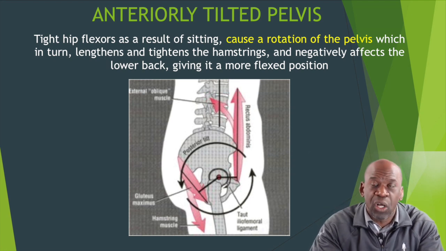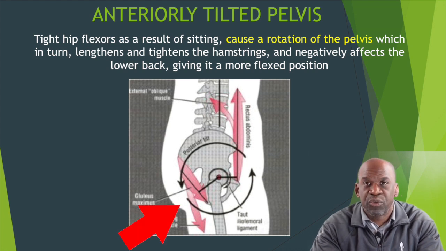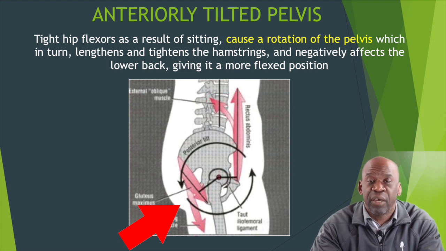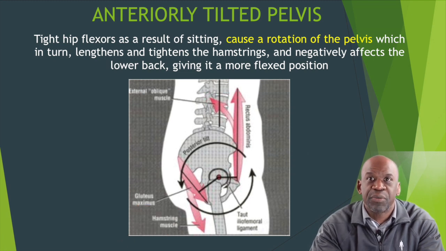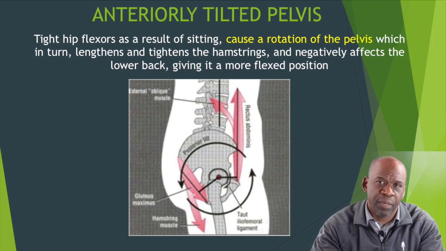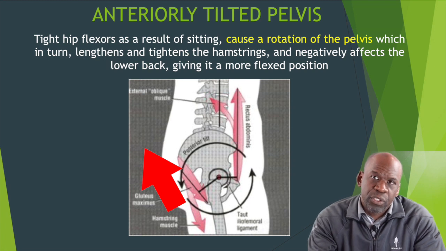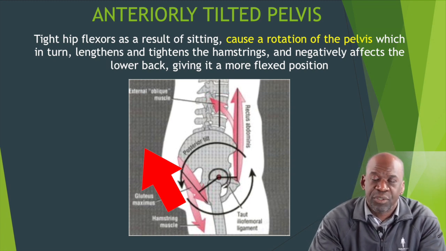Number 2, they'll also have pain in the back of the legs or in the hamstring group. And this is because these muscles have been shortened over time as a result of the tilted pelvis. And the pelvis, which really wants to be level, is constantly putting tension on these shortened hamstrings, thereby causing them to be tight and for the person to complain of pain in the hamstrings as well.